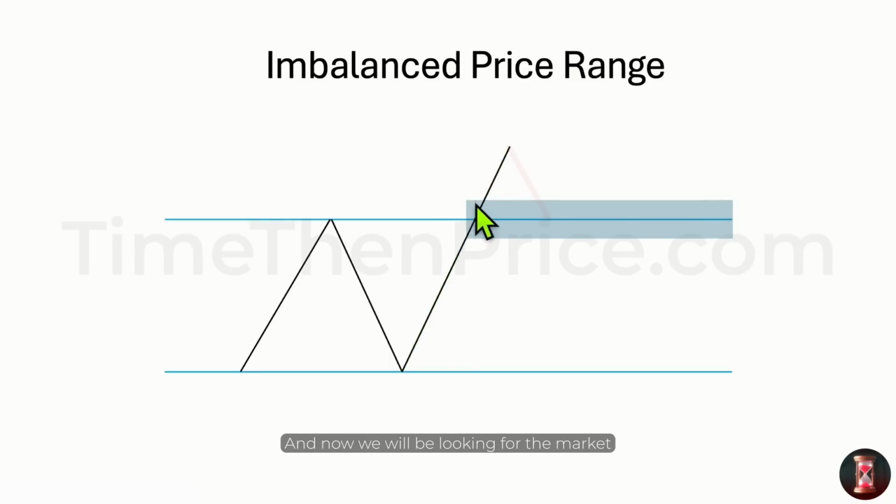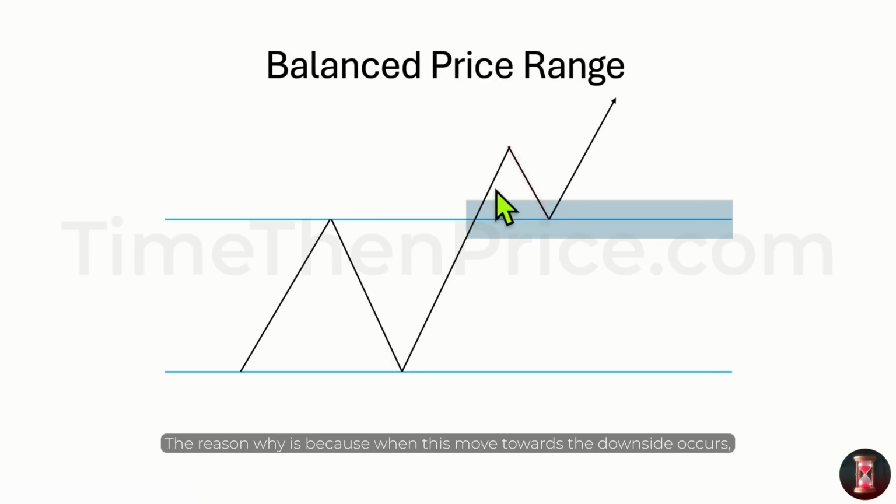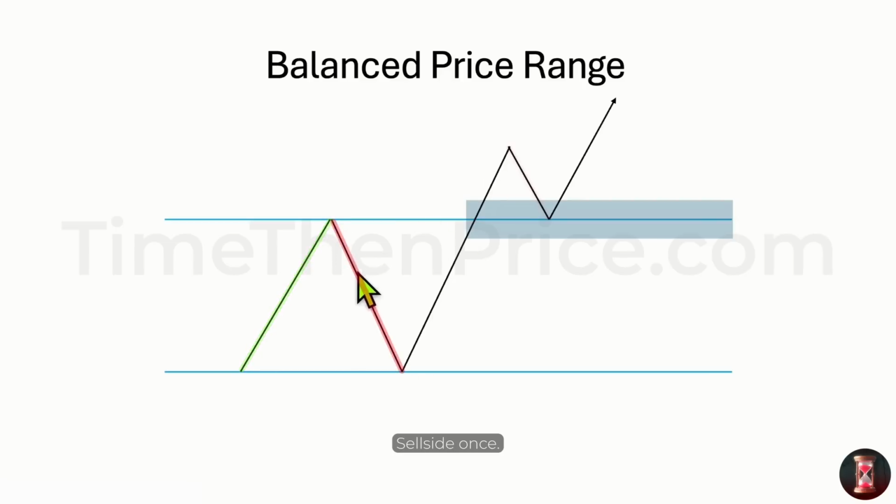And now we will be looking for the market to retrace into that bullish fair value gap, into that old high, because that is where we can anticipate true resistance turn support ideas to work. The reason why is because when this move towards the downside occurs, sell side is delivered again before the market is allowed to expand higher. Why? Because we offered buy side twice, right here, sell side once, so sell side has to be delivered again,